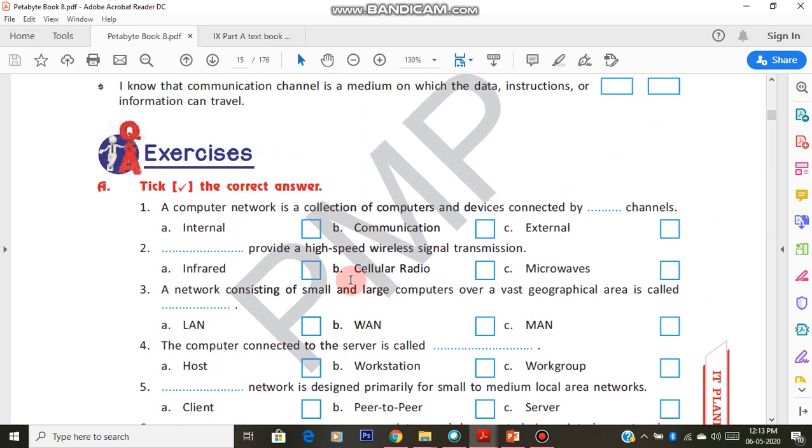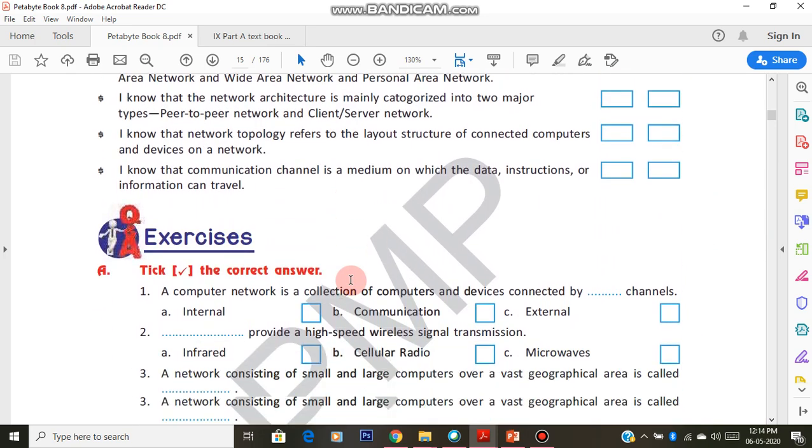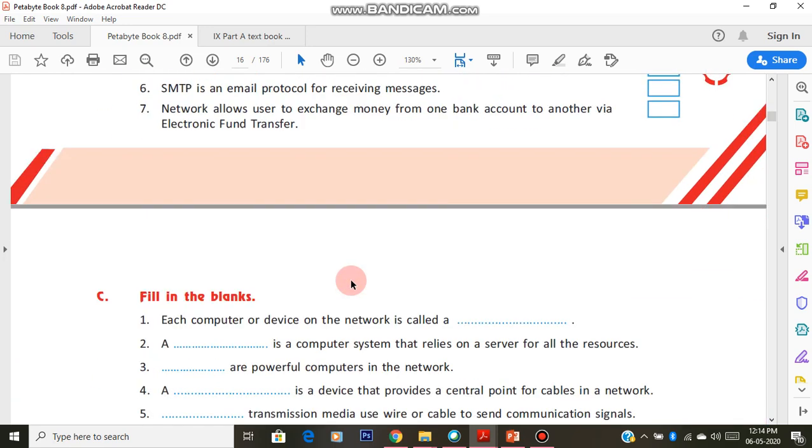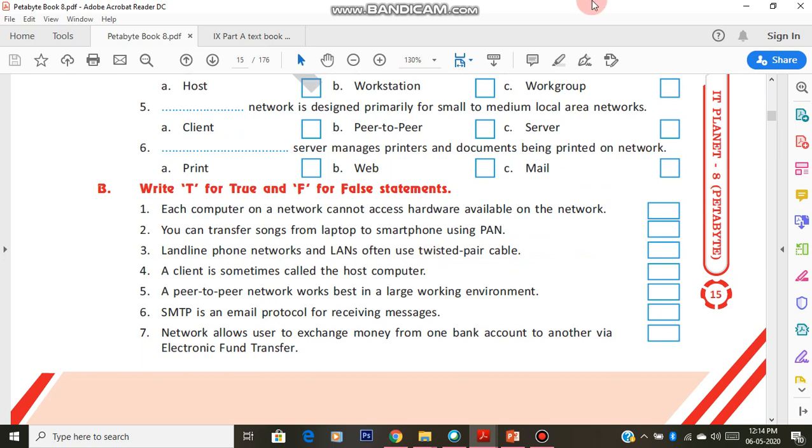I'm not going to give you answers for this. You need to find out yourself. Once the test is done, then only I'll be giving you the entire complete notes. Got it? Okay. Thank you. Read it well and ask me doubts if you have. Be ready for the